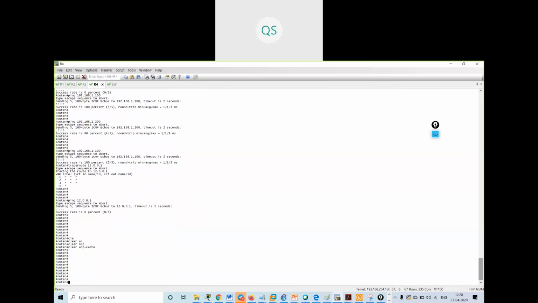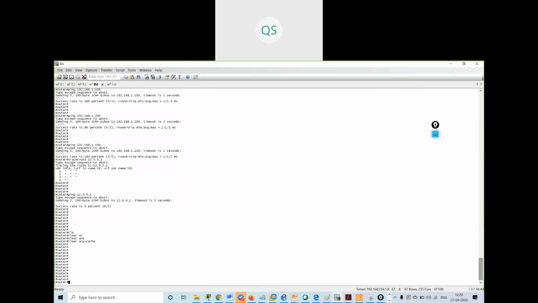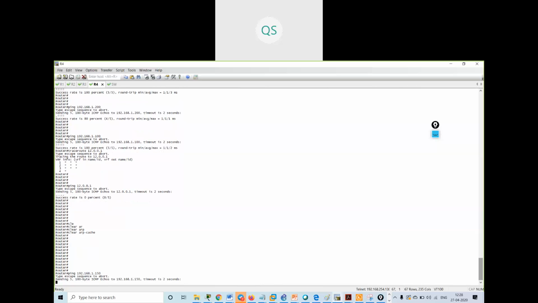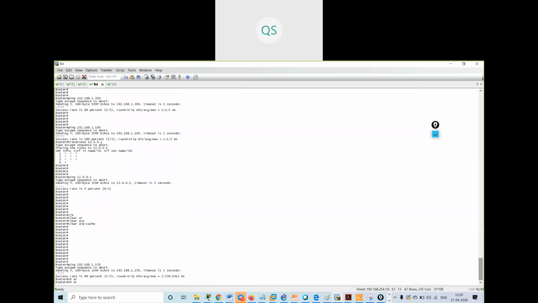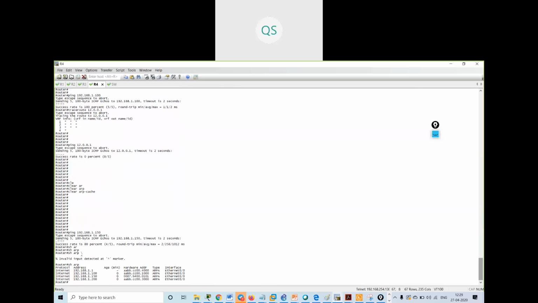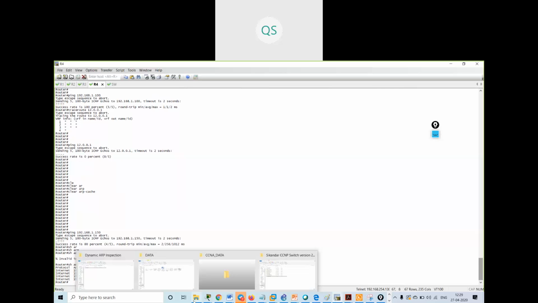Clear ARP cache. Okay, I am reachable to my gateway. Show ARP.